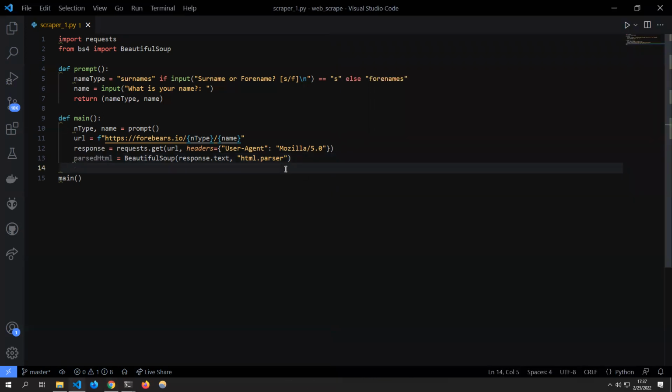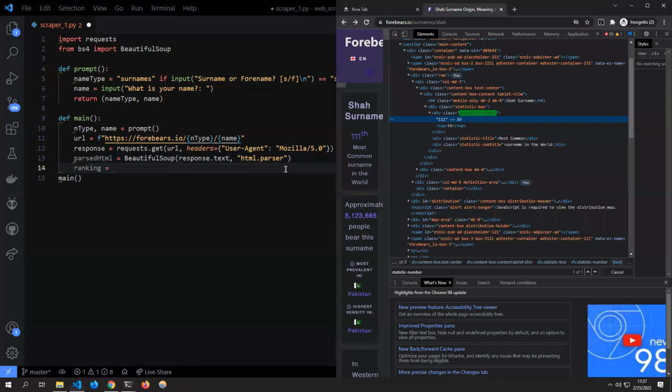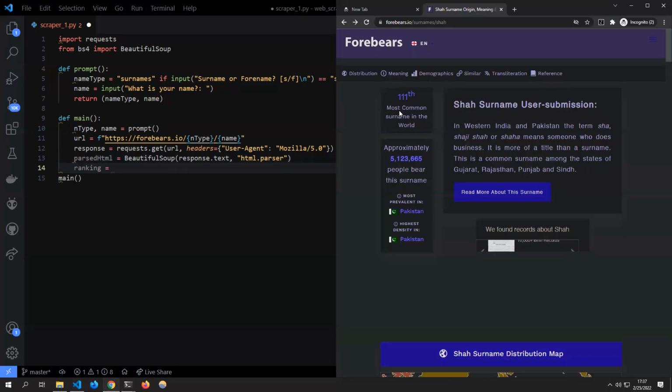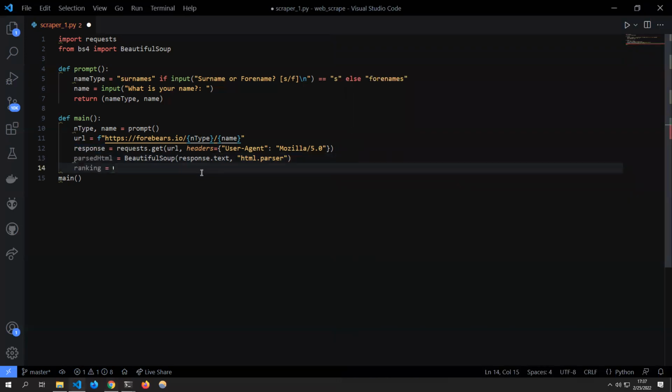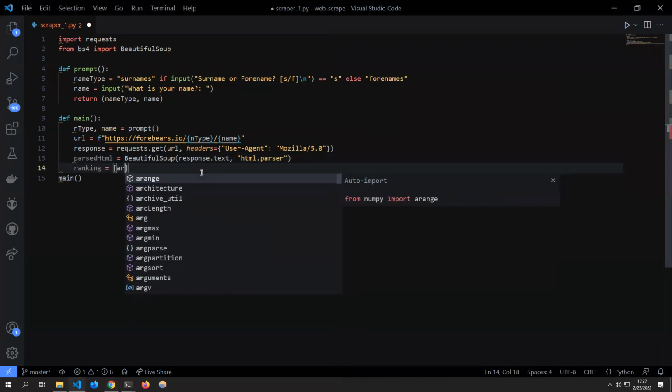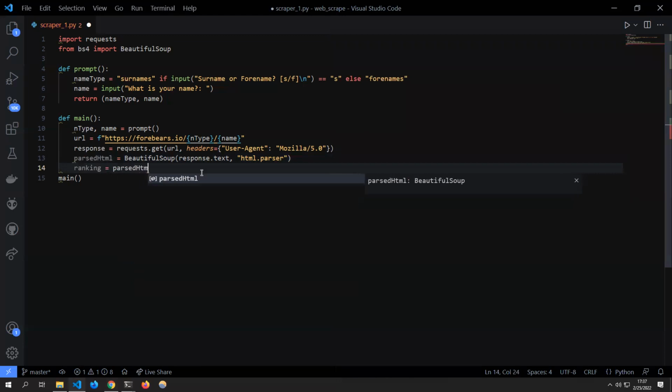So that's pretty nice. So that'll be really easy. So let's see how we can actually take that data. So it's really easy. Let's call this variable ranking, so it'll point to that value right here. So let's do ranking is equal to parsed HTML